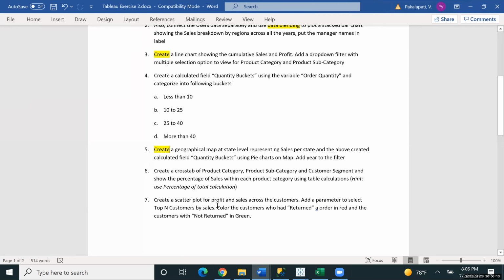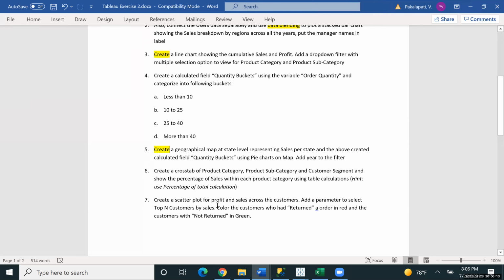Okay. Now you have to make a chart. That is the next question. I'll do it from there later. Okay, 11th question.